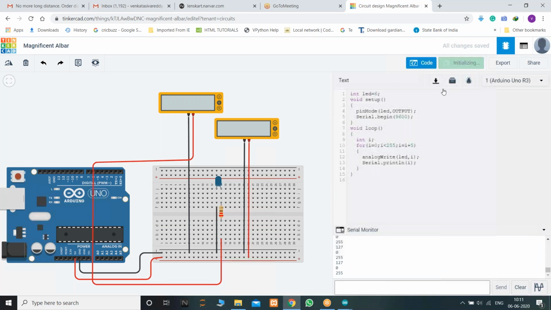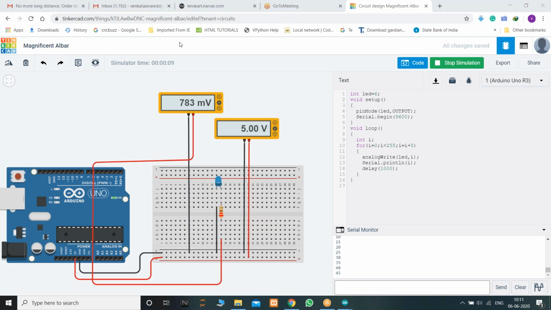So let us run this. I don't know whether it is creating any error. So let us give some delay here for visualization, delay of 1 second. So let us simulate this. It is starting from 5 and incrementing: 5, 10, 15, 20, 25, 30, 35.